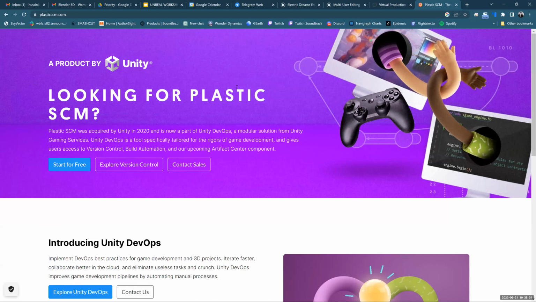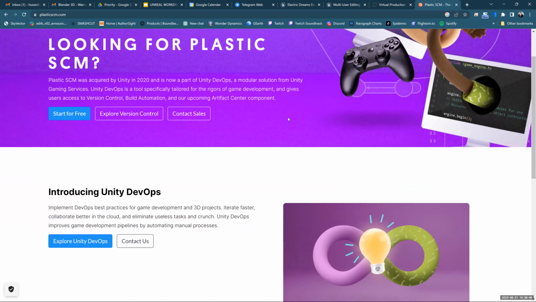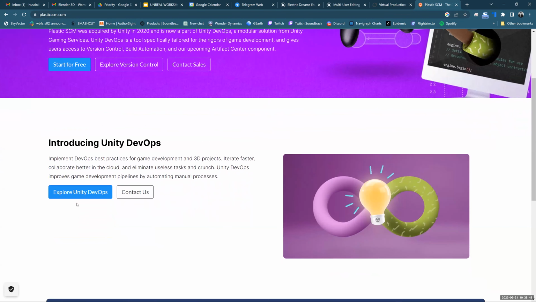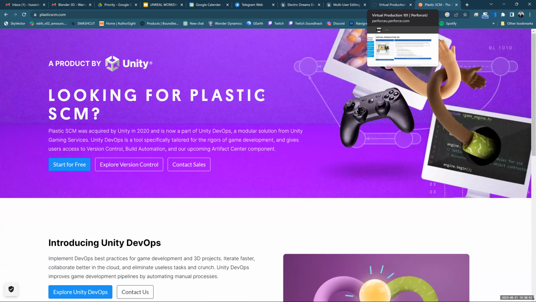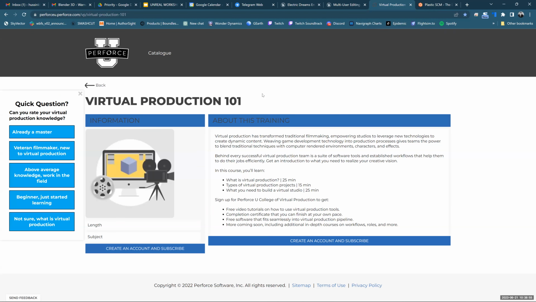Yeah, so they know how useful this is going to be. Perforce is closely related to Unreal Engine, and Plastic SCM is closely related to Unity, so it belongs to it. But you can still use it. It doesn't mean that you have to use Unity for Plastic SCM, and you can even start for free. But Perforce, you can actually use for free up to 5 users. That means you can actually set this up at home if you want to do that.